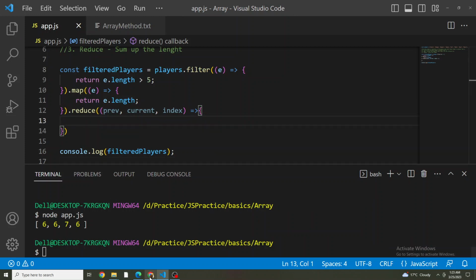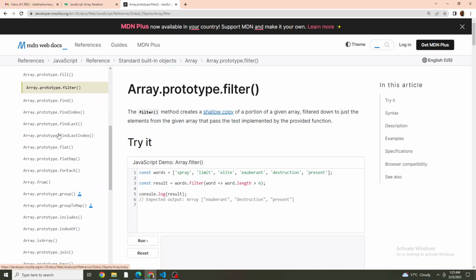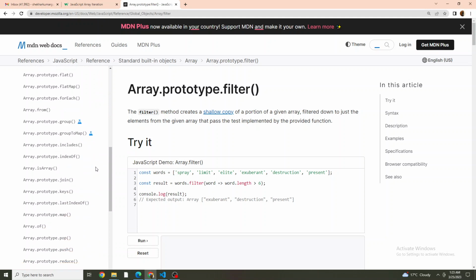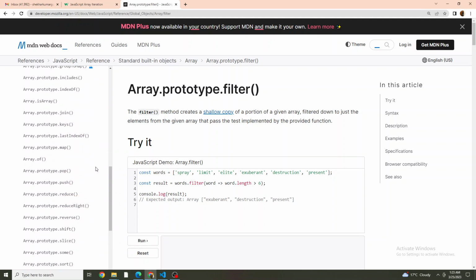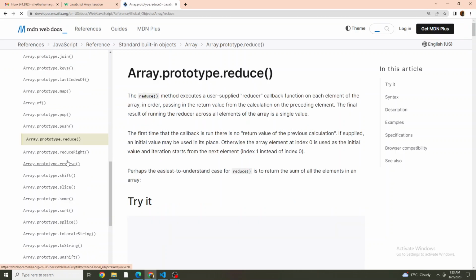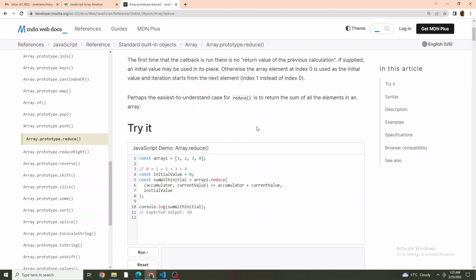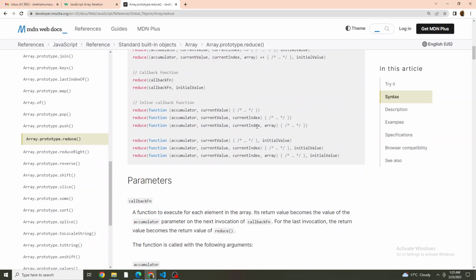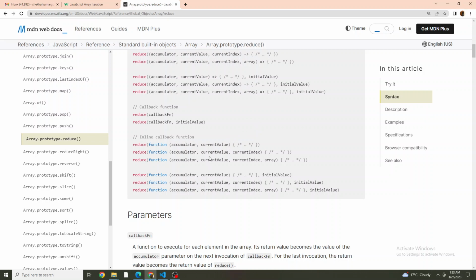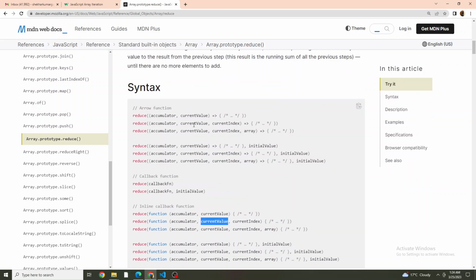Which one is first? Current index, and which one is the last index? Okay, yeah. So accumulator, current, and current index. We can get